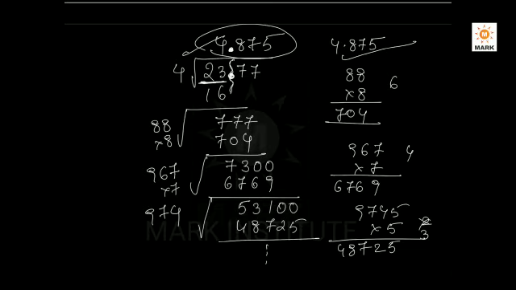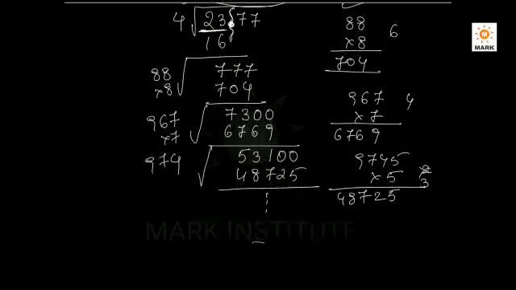So this is very much similar to the previous method, with a little bit of difference. Friends, we will do one more example. This time we will take somewhat bigger number. I think it is good to take now the square root of 143.377. A very random number I have taken.